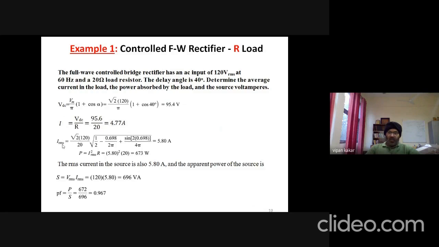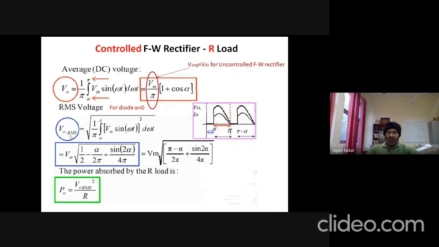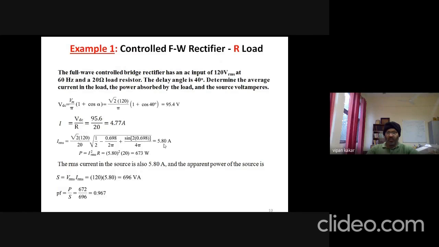and we can easily find out the RMS current from this RMS voltage. We can find it out like this, dividing it by R, we have the RMS current. So we have this RMS current of 5.8 amperes, and using this we can get power. So this active power is 673 watts, and the apparent power is Vrms multiplied by Irms. It is this